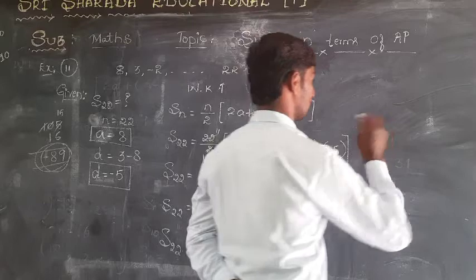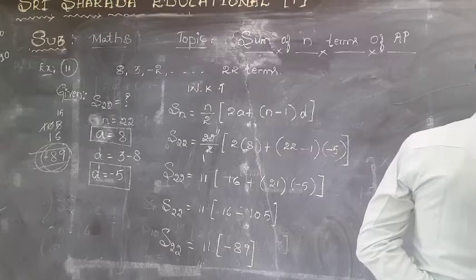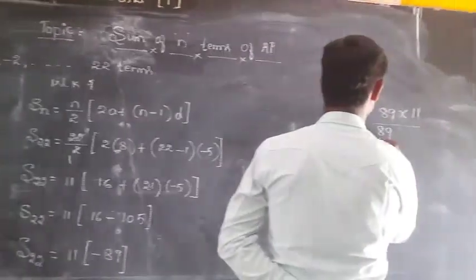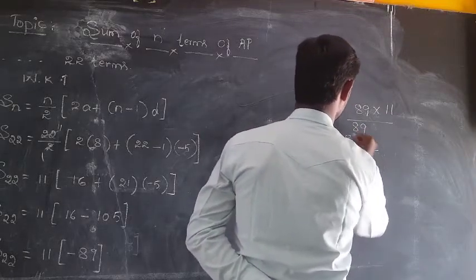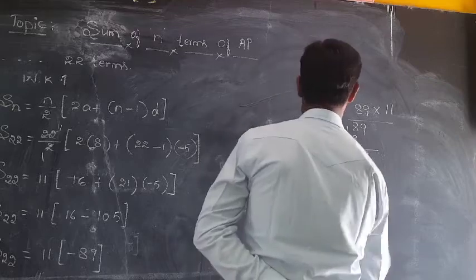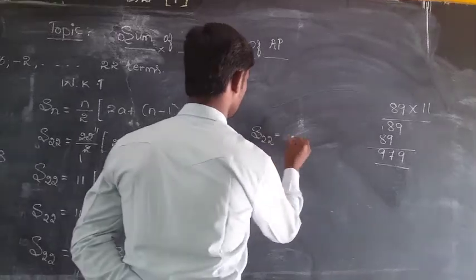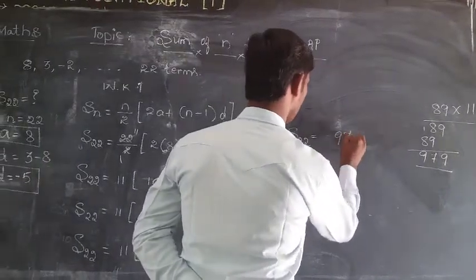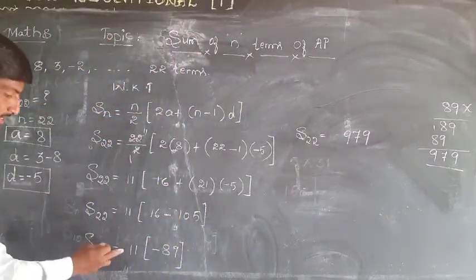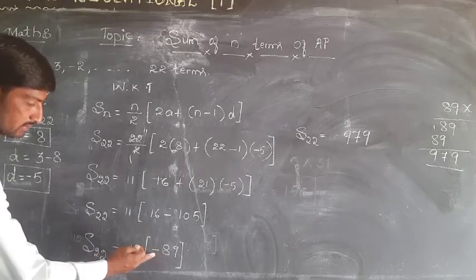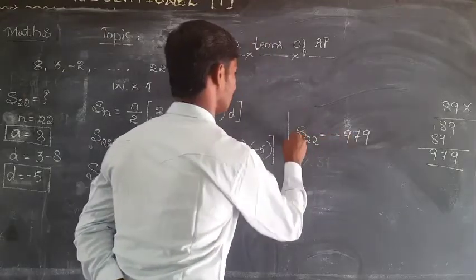So just multiply those two numbers, that is 89 into 11. 1 nines are 9, 1 eights are 8, again 1 nines are 9, 1 eights are 8. So 9, plus 8 is 17, 1 carry, 9. So what I got? 979. That is, S22 is equal to 979. What kind of 979 is it, whether it belongs to plus sign or negative sign? Very simple. 11 has a plus sign and 89 has a minus sign. Therefore multiply the signs, plus into minus. Our answer is minus 979.